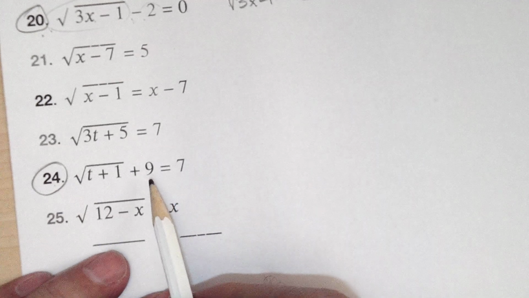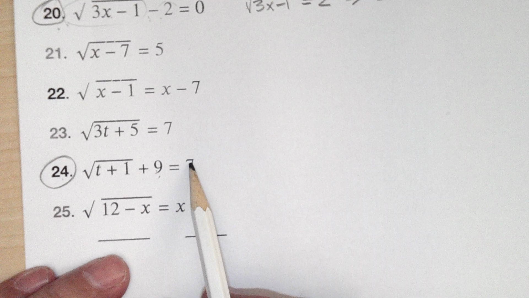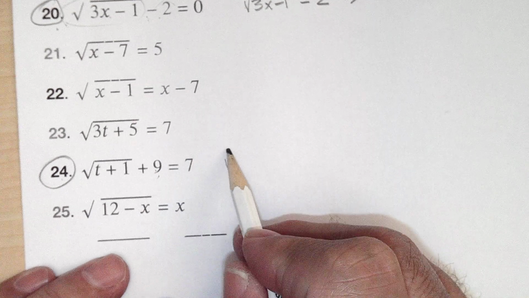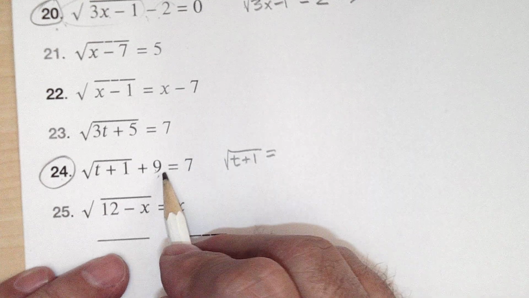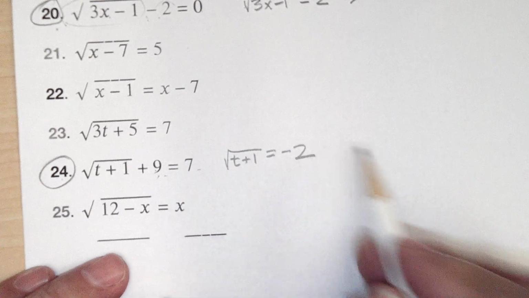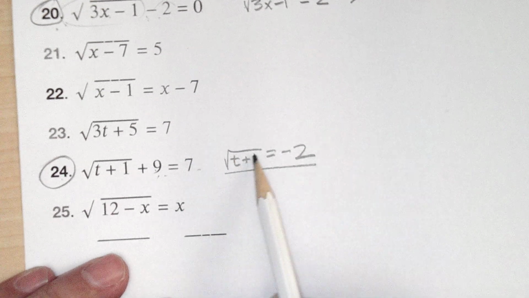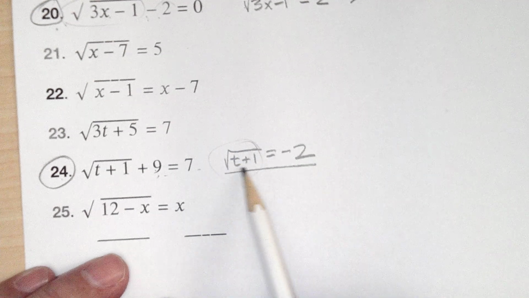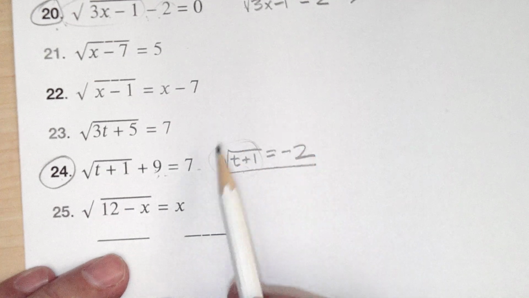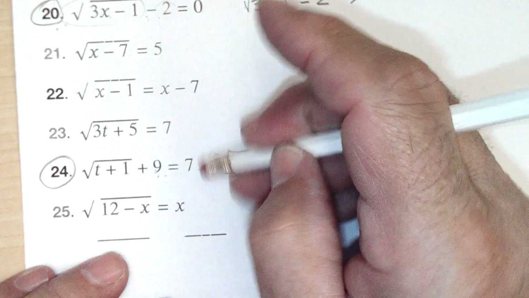So, trying to do the same thing here, we'll subtract 9 from both sides. And right now, we're done, because the square root is never a negative number. The square root of something is always positive. Now, if it had a negative in front of it, then we could cancel the negatives. But this has